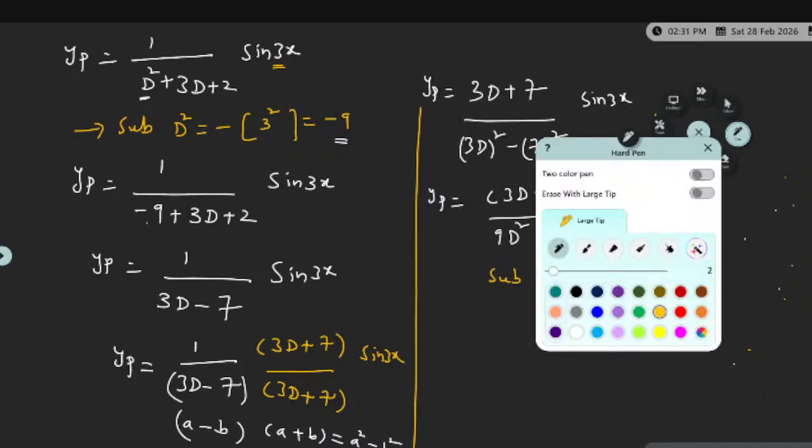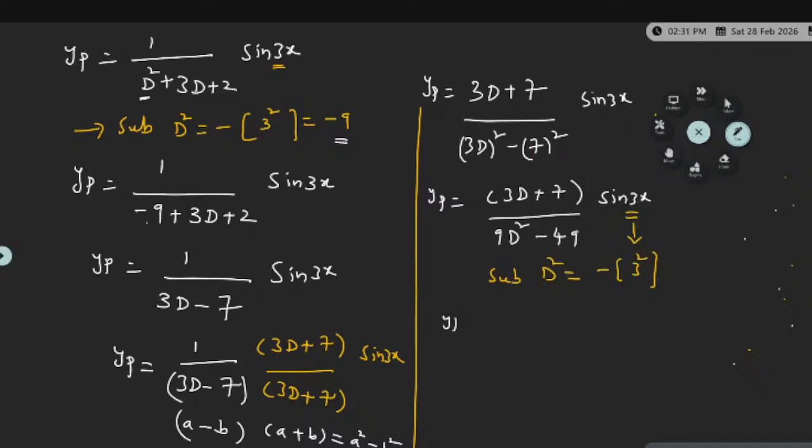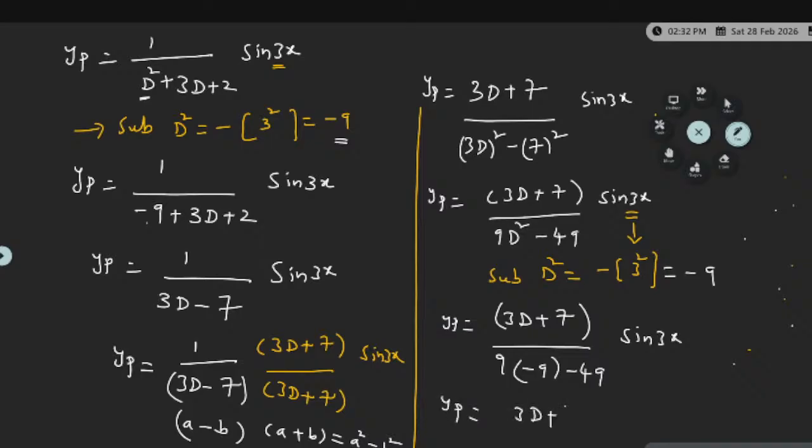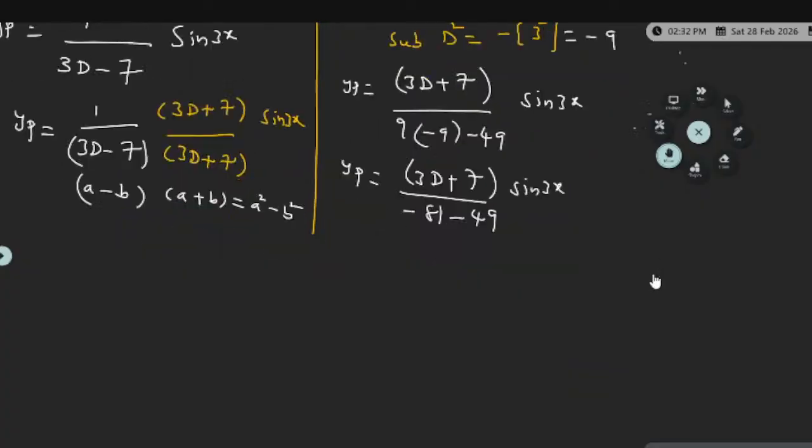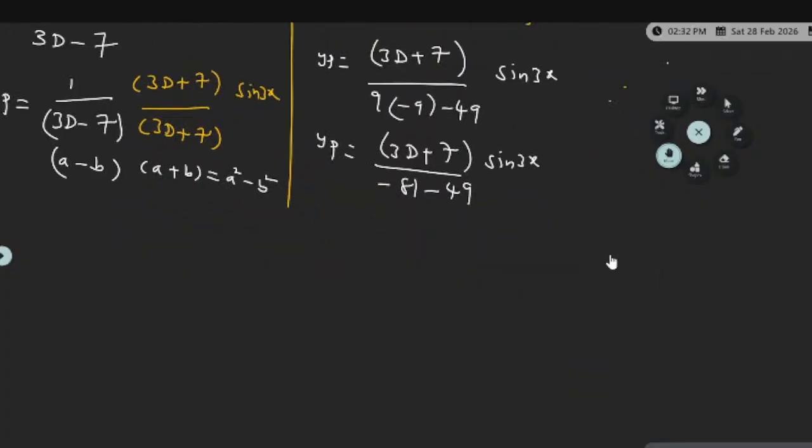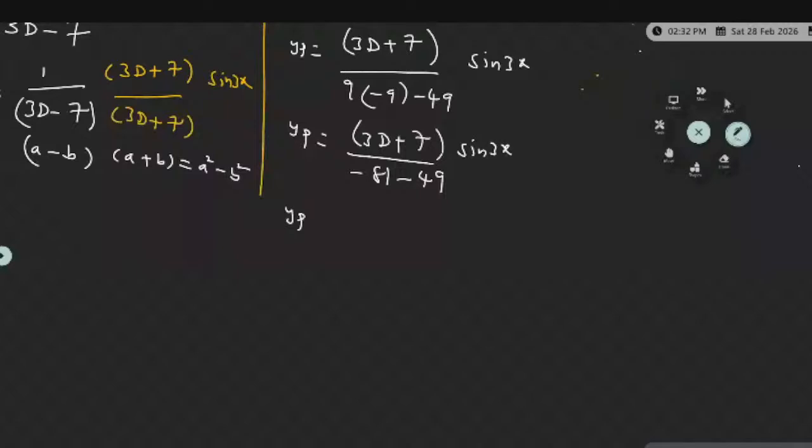What is the next step? 3D plus 7 by 9 into minus 9 minus 49 into sin 3x. Nine nines are... minus 49 into sin 3x. Okay. 3D plus